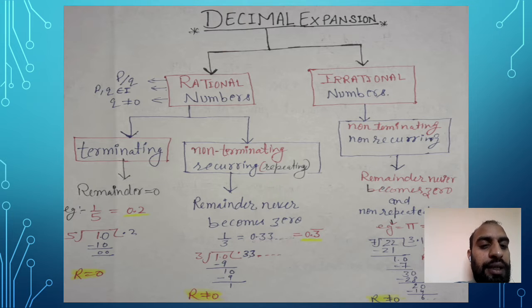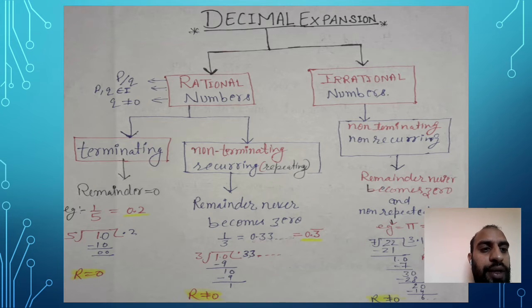First you need to put a decimal, then it becomes 10, 3 threes are 9, then once again the remainder is 1, 3 threes are 9, once again remainder 1, and in this way when you are getting the answer, it will come in the form of 0.333 and so on. So many 3s will come. In short form we can write it as 0.3 bar. This bar represents the repeated answer, or we can say recurring. I hope you are able to understand terminating and non-terminating in the case of rational numbers.